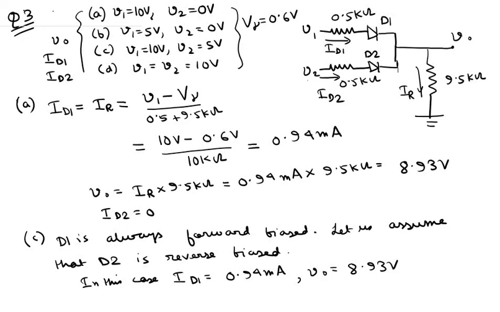Since in this case we are sure that both these diodes D1 and D2 are forward biased, because V1 is equal to V2, and both are 10 volts, and this point is 0 volts, this is grounded. So the voltage at this node must be somewhere between 0 volts and 10 volts. So D1 and D2 must be in the conducting state, so they both are forward biased. Okay, so in this case,